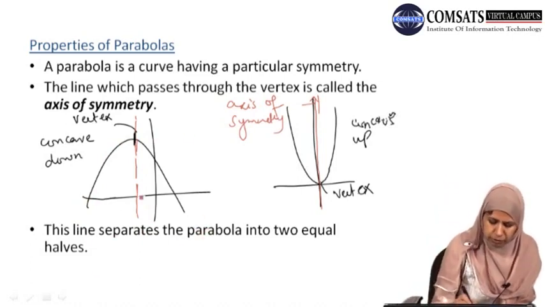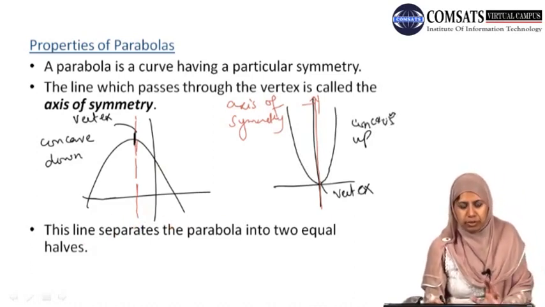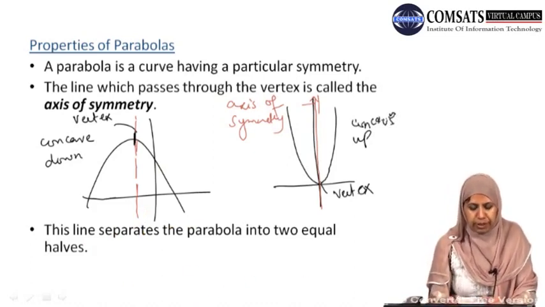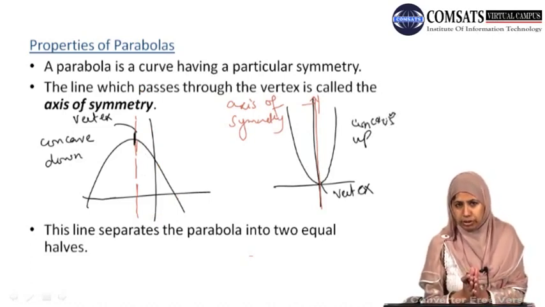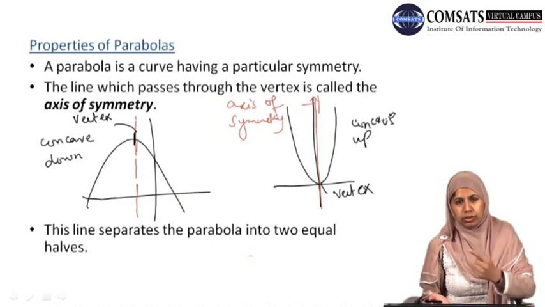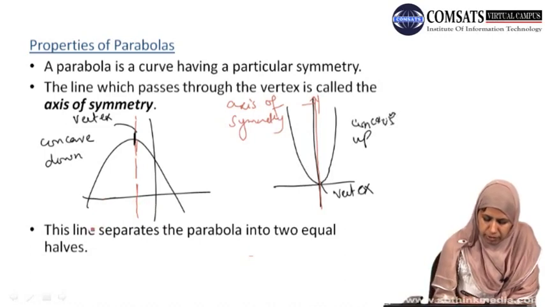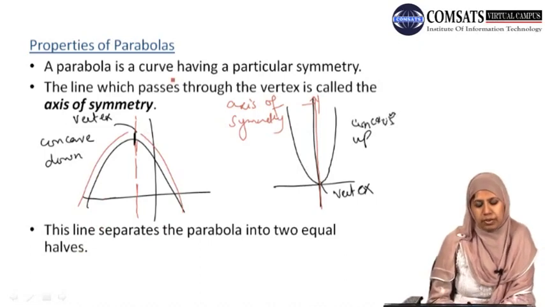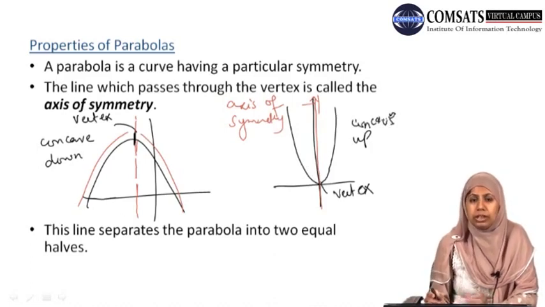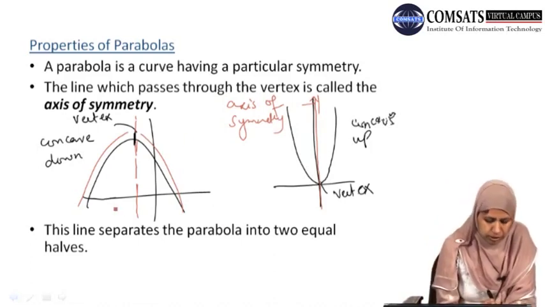axis of symmetry. Well, this is not very well drawn, but if we plot it on graph paper, very accurately or with some software, then from the axis of symmetry, if we fold our paper, both lines intersect each other throughout. That is, this line is exactly the same as this line, and this axis of symmetry is separating the parabola into equal halves. Both sides are actually the mirror image of each other.